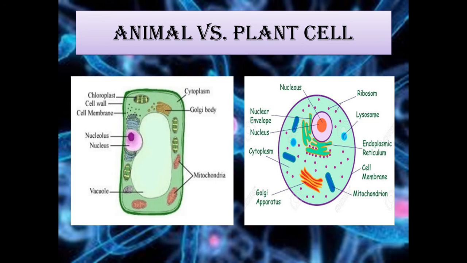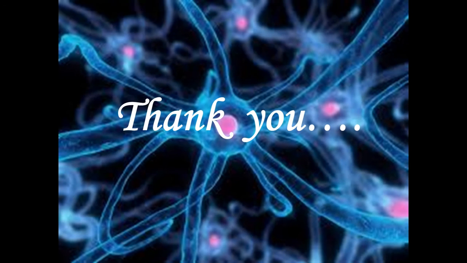About the vacuoles we have learned: plant cells have a large vacuole, as you can see in the picture, but animal cells have very small vacuoles. If we talk about size, plant cells are larger with distinct outlines, but animal cells are smaller in size. In plant cells, the nucleus is located at the edge of the cell, but in animal cells it is centrally located. So this is all about plant and animal cells.